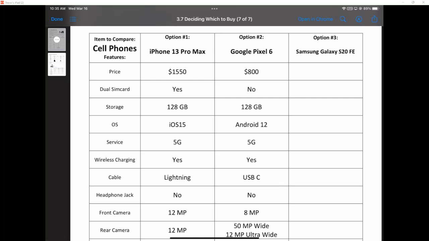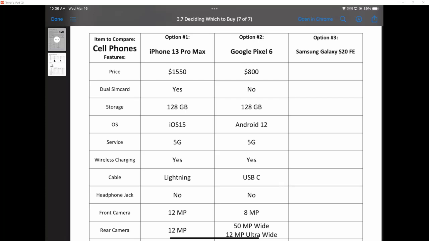And what I start by doing is just listing a whole bunch of the different criteria that I find when I look for the product. So you'll notice that down the left-hand side there, I've listed price, which is always going to be a factor in buying something. And then I just looked through it and said, what are all the different things it lists about these products? And I'm going to write down the numbers for them, or not necessarily numbers, but information for them. So for the iPhone Pro Max, the price was $1,550, not on sale. Oh, by the way, these are all unlocked phones. These are not tied to a specific